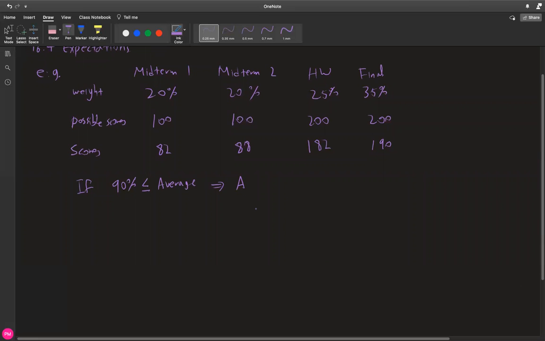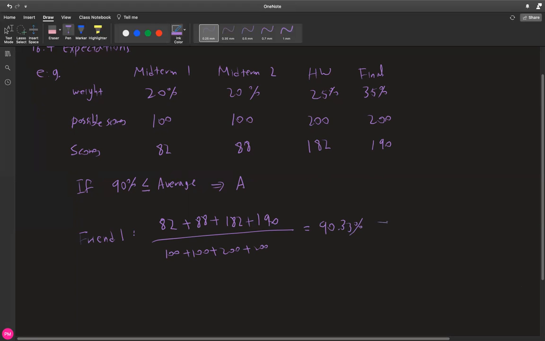So let's look at a few different arguments that I normally get. Let's say your friend 1 says that simply because you received 82, 88, 182, 190 for each category, and each category is worth 100, 100, 200, 200, you can simply add 82 plus 88 plus 182 plus 190, and since everything is out of 100 plus 100 plus 200 plus 200, by putting this into a calculator you should find that this is 90.33%, which is clearly greater than 90.